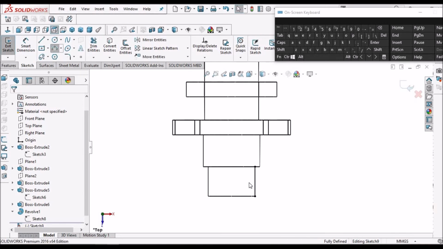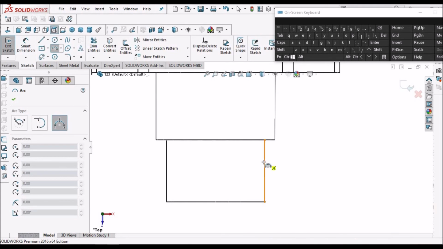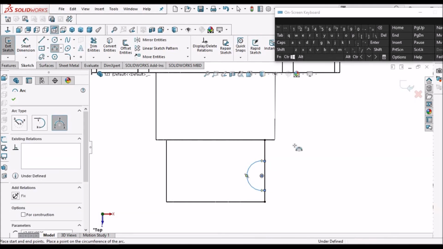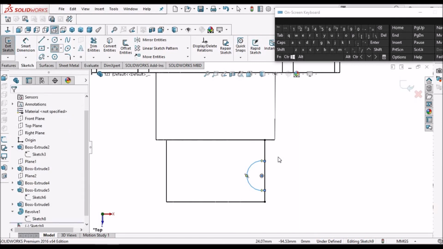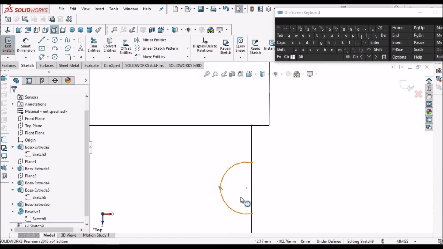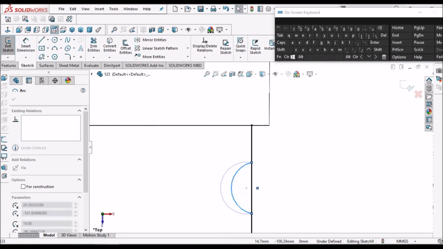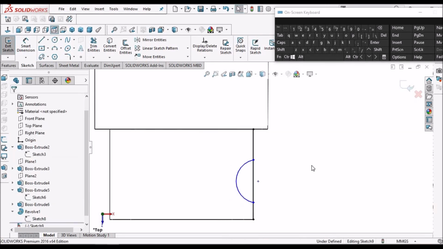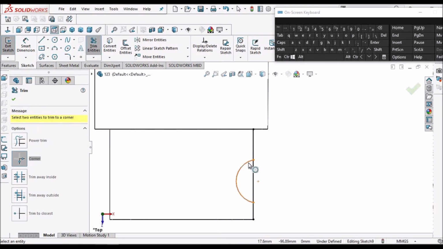Take 3-point arc. Select this. See, this diameter is not given, so I am showing it approximately, and I am going to trim this arc and this line and this arc and this line.